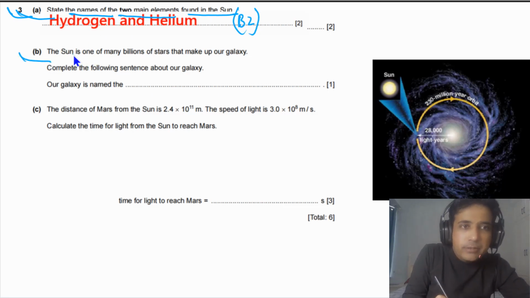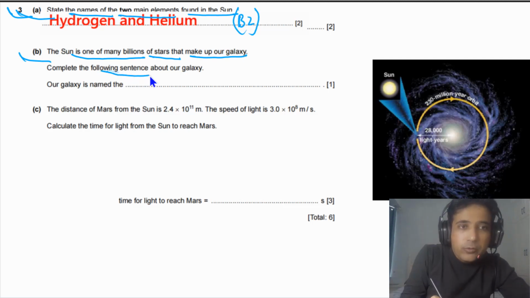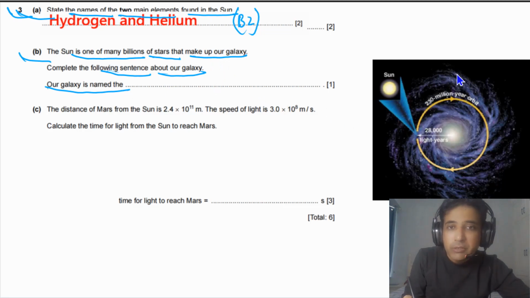For part B, the sun is one of the many billions of stars that make up our galaxy. It means our galaxy consists of billions of stars, and sun is one of those stars. We need to complete the following sentence about our galaxy. Our galaxy's name means, what is the name of our galaxy? Name of our galaxy is Milky Way, and you can see this is a beautiful galaxy, and sun is located somewhere